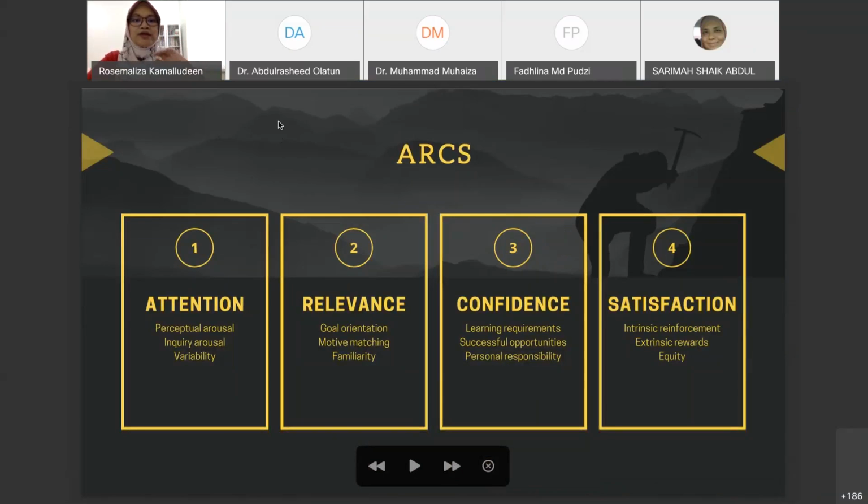I want to bring you back to the ARCS model tadi, sebab my learning design matrix tadi has built in all of this sebenarnya, tapi tak nampak. Attention is tadi yang Gagne punya, comes from Gagne tadi. Gain attention from the students. If we do not gain their attention, dia tak akan follow pun kita punya